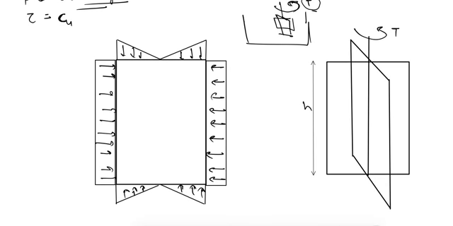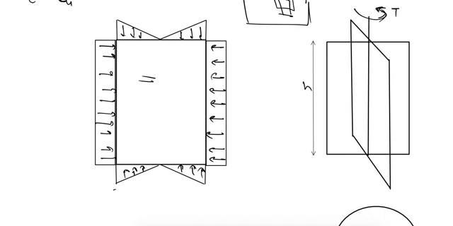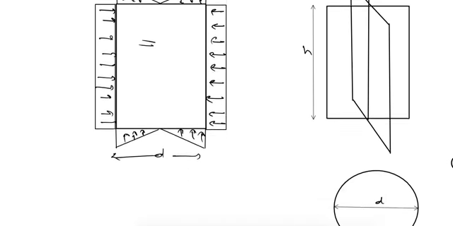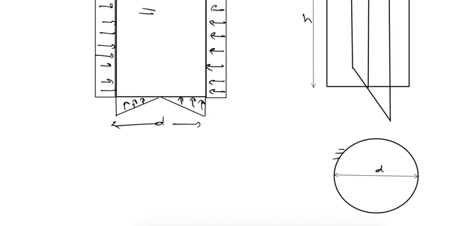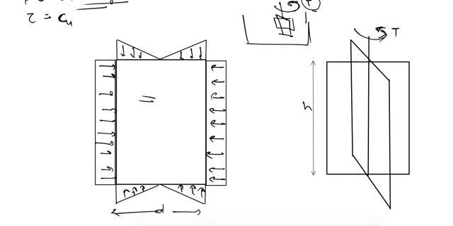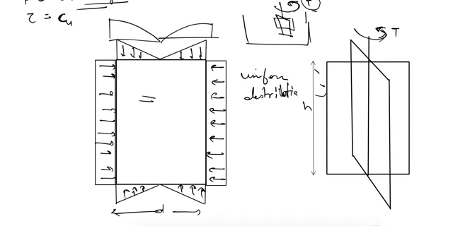So this is the vane and we apply the torque here, and this is the assumed shear stress distribution on the vane. This is the diameter of the vane, as shown here also. On this boundary all the shear stresses will be applied. This is the vertical surface, and on this surface a uniform distribution is taken. On the top and bottom the proper distribution should be parabolic, but we assume it to be triangular.